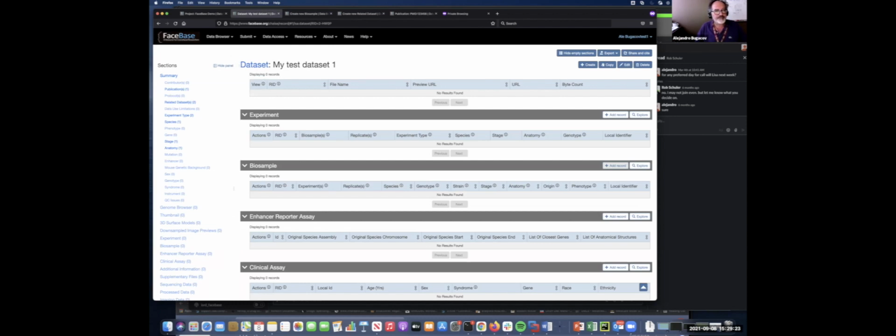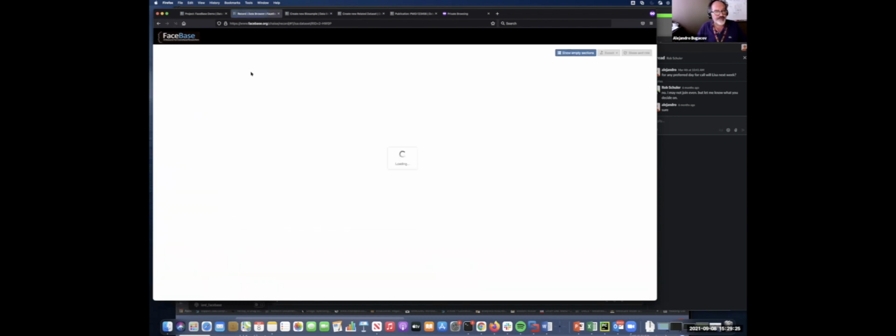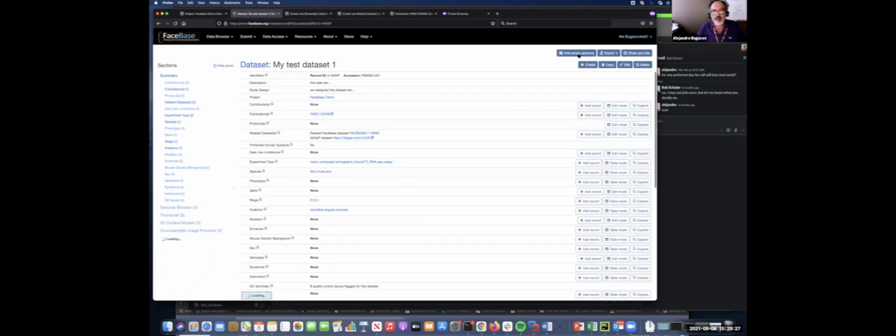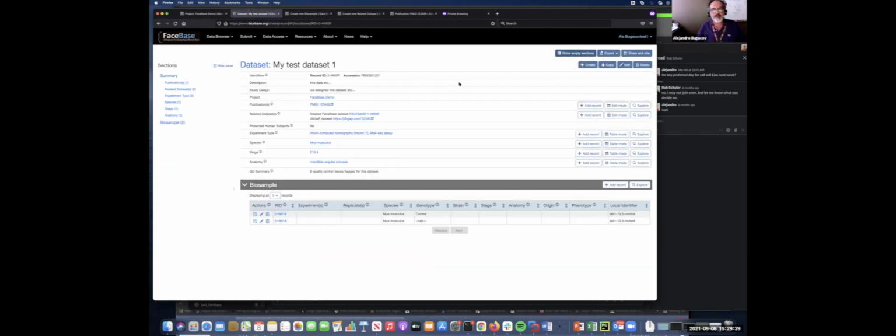And sometimes I need to do a refresh. And now I hide the empty sections and I see that I have already created these 2 biosamples. And something that I noticed here is that I actually forgot to add the stage. And another very interesting feature for data entry I want to show you,